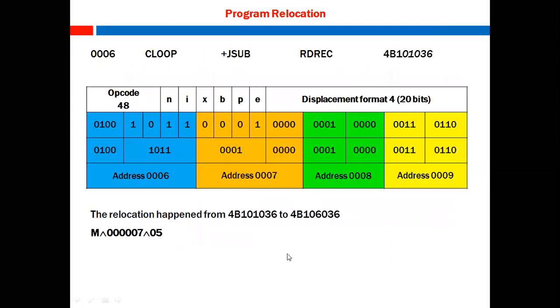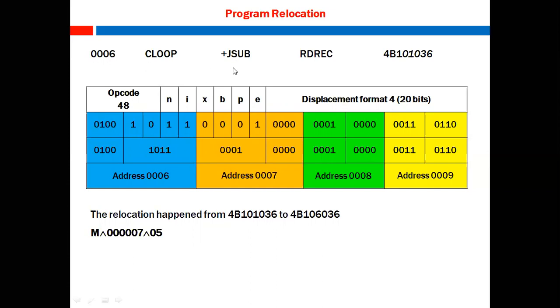Okay, let's come back to one instruction like this. This is the one we wanted to modify: J subroutine, jump to subroutine, read record, 4B101036. So this was the object code we had. Now let me write it in the format 4 representation.